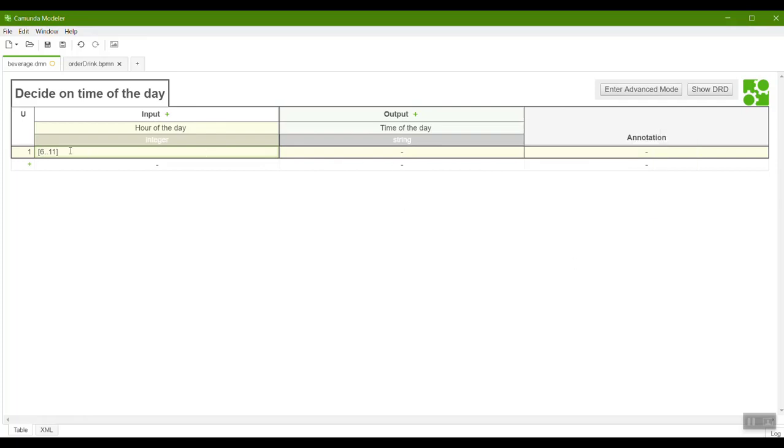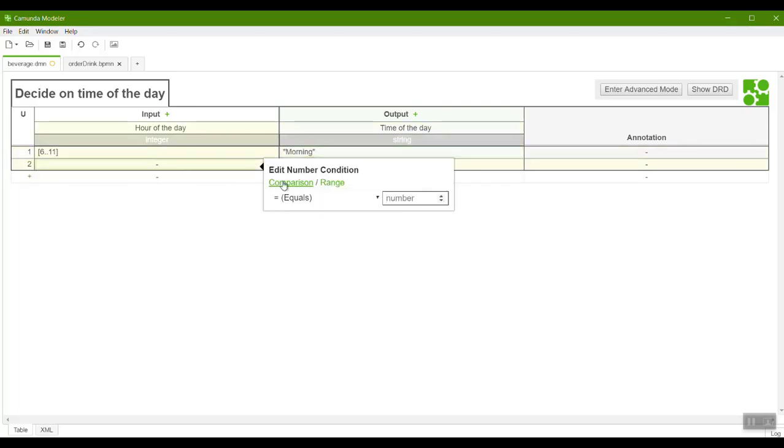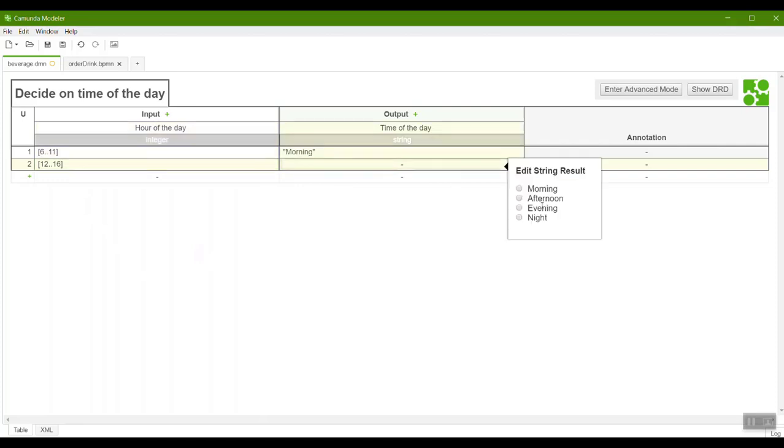And so if it's between 6 and 11, then it's going to be morning. If it's between, let's say, 12 and 4, or 12 and 16, then it's going to be afternoon.